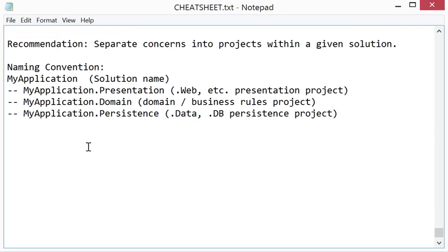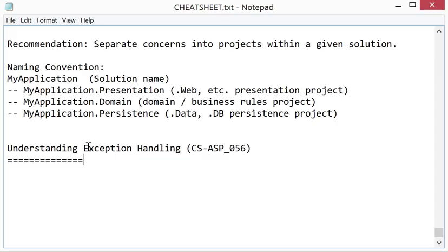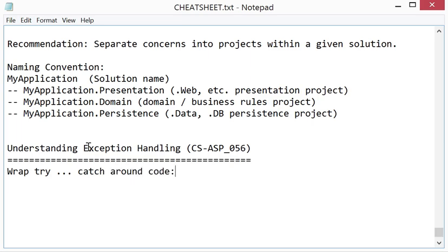All right. Next up is going to be understanding exception handling, and that was CS ASP 056. All right, in exception handling, we said that you should wrap a try catch around code in certain situations, and we gave actually quite a few scenarios, but I'm just going to really boil it down to its essence here,